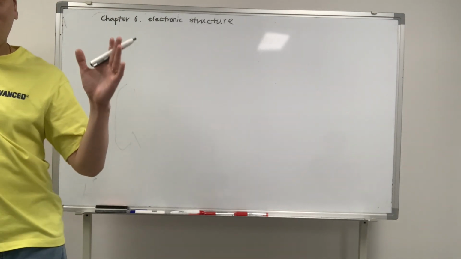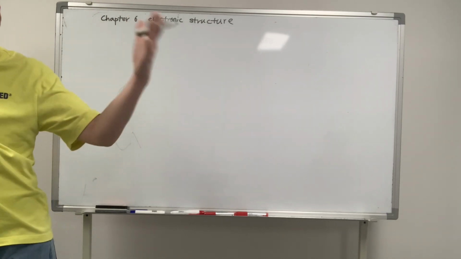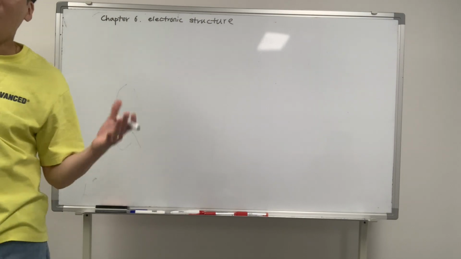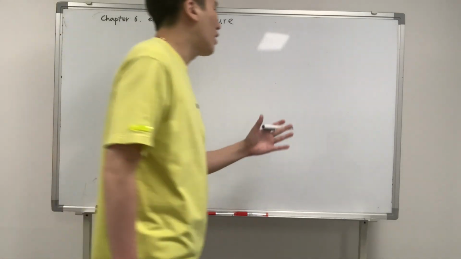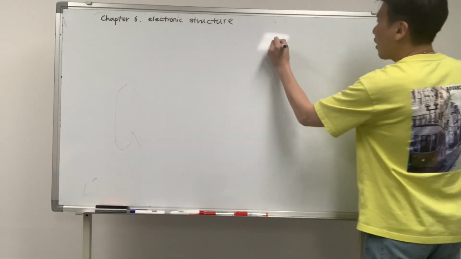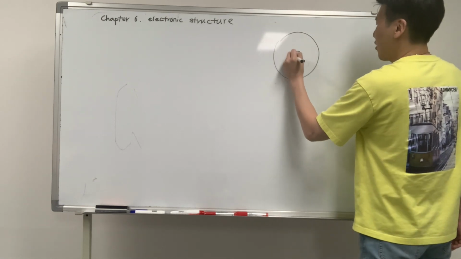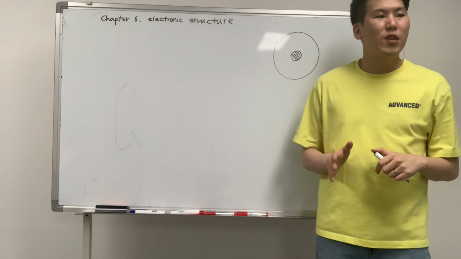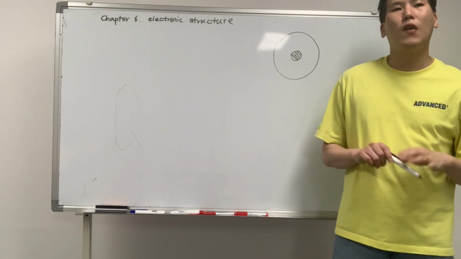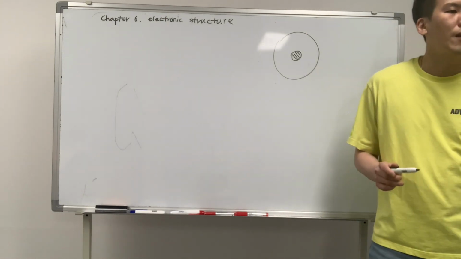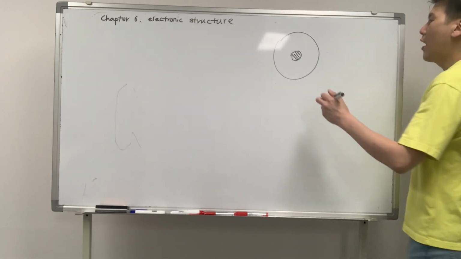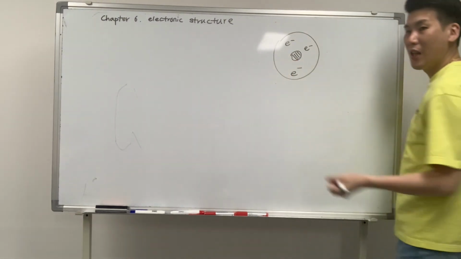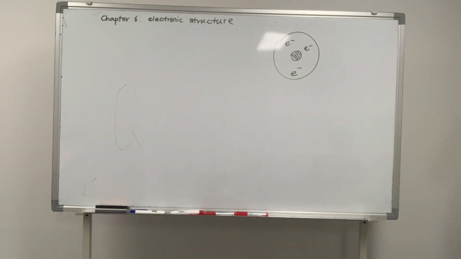So first of all, from chapter 2, what models have we learned? We learned Greek philosopher, Dalton, J.J. Thomson, Rutherford, right? And up to Rutherford, the model looked like this. Roughly speaking, there's a nucleus. He said there's a positively dense region in the middle, and most of the volume of the element is empty. So we have a nucleus, and an electron just flows around randomly like this. That was his model.